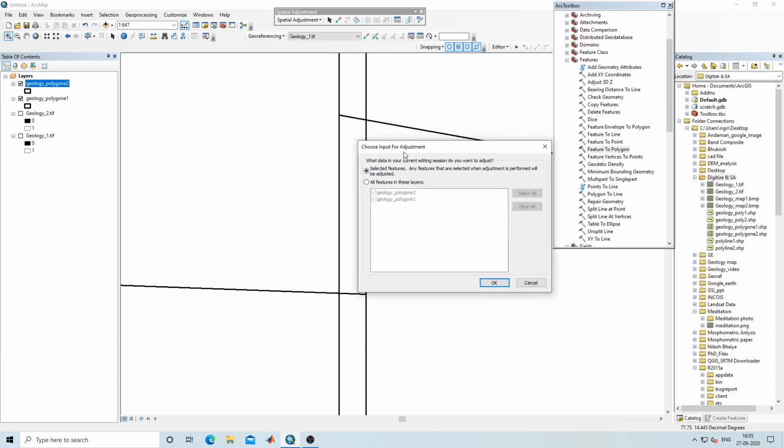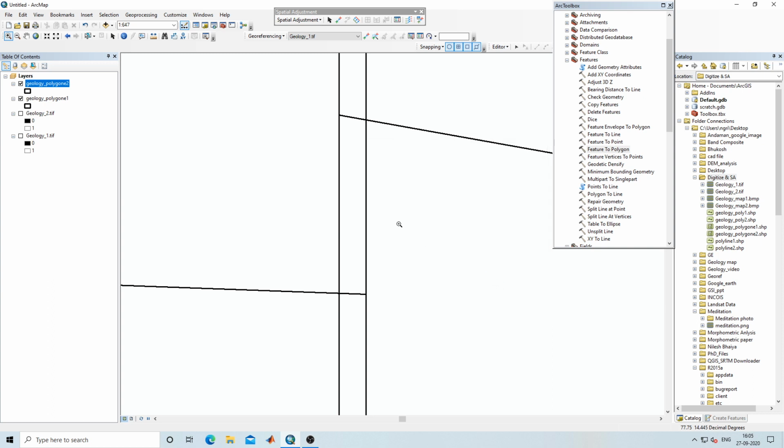I will select all features in this layer. So this geology polyline 2 is our source and this is our target. This geology 1 is our target. So I will select geology polyline 2 and click on OK. After that, you need to select the adjustment method. So the adjustment method I will select is rubber sheet.